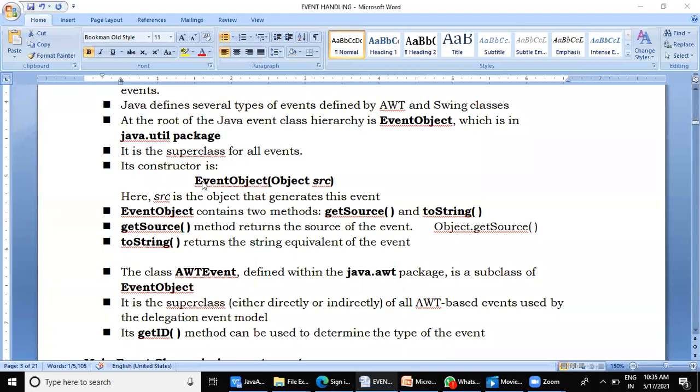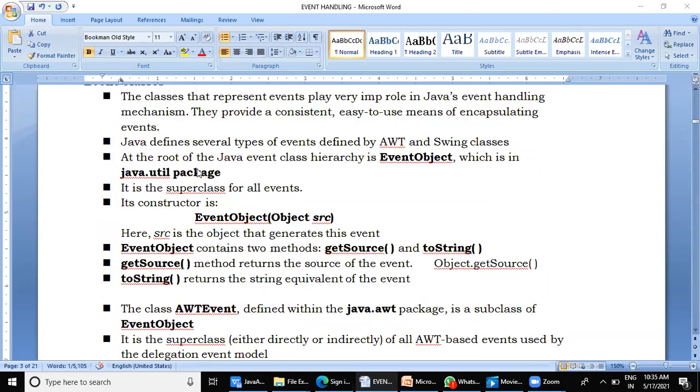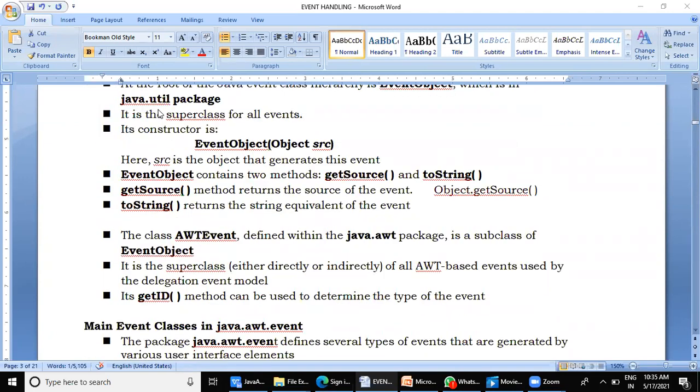Similarly, this EventObject class, which is the root class of all the events, although we are not going to directly use it, we are going to use the child and grandchild classes. But the methods which are defined in this root class are automatically inherited by all the child classes, isn't it? So to learn those methods, we are briefly learning this class here. From an exam point of view, they may not ask you all this directly, but when it comes to explaining event classes, you will have to write a little bit about it.